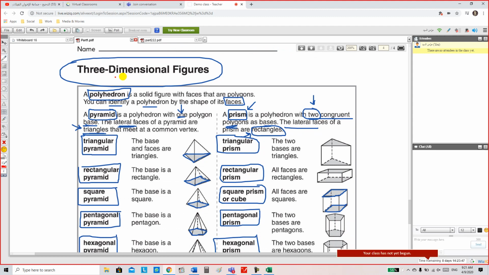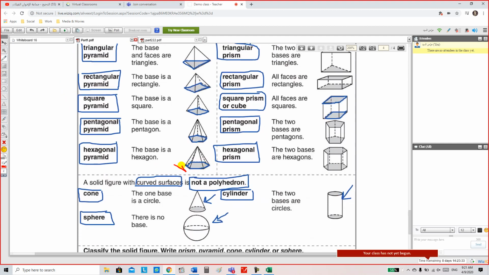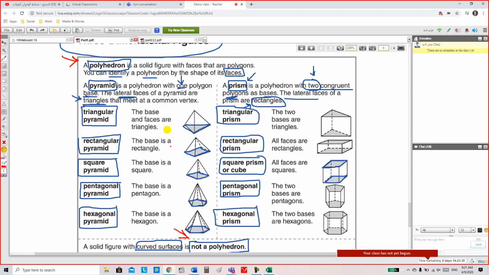We have here three-dimensional figures. Three-dimensional figures consist of two kinds. We have polyhedron and we have not polyhedron. Polyhedron consists of two sections. We have here pyramid and prism. Okay, we have a big difference between pyramid and prism. Pyramid has only one base, only one base, and all the lateral faces are